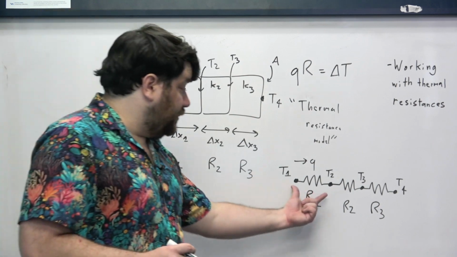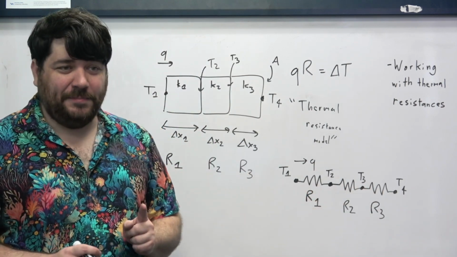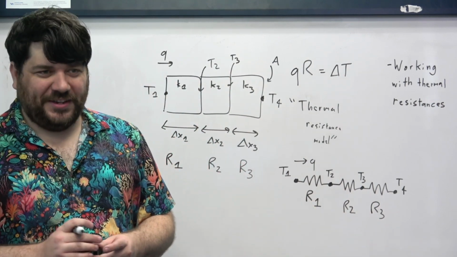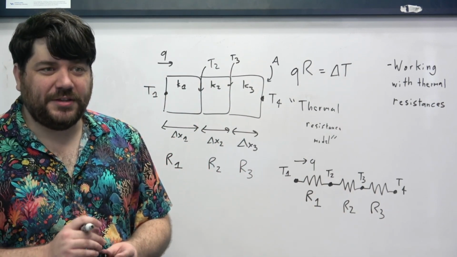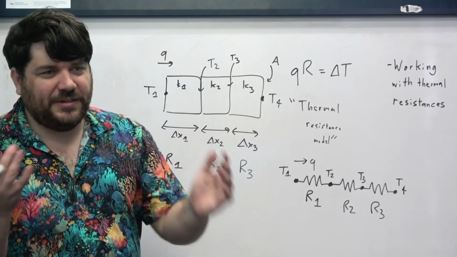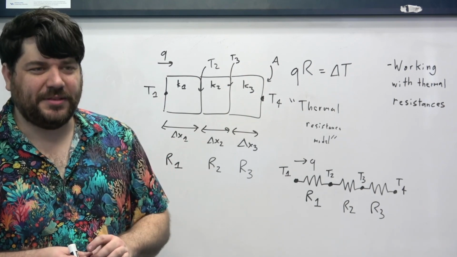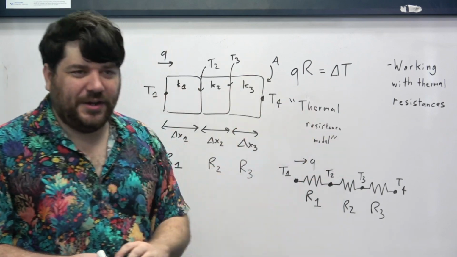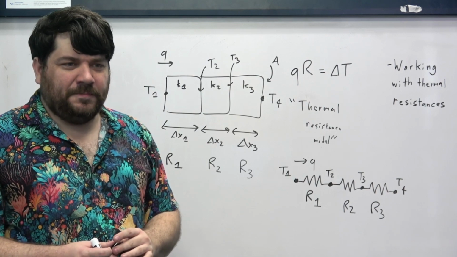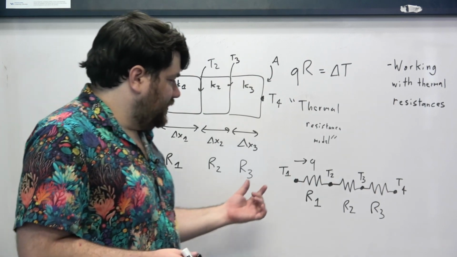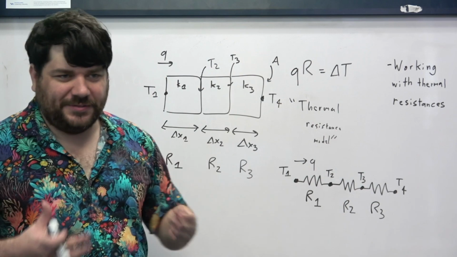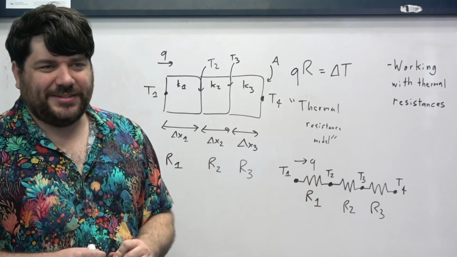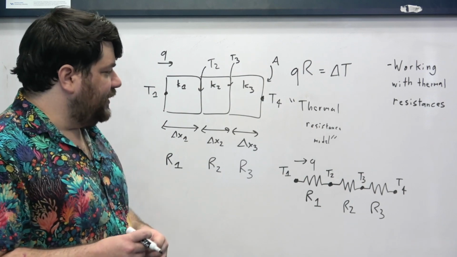All right, so the temperature differences are not necessarily the same, right? Because the thermal resistances are not the same. But the Q always has to be the same. And the reason the Q always has to be the same, in addition to the physical argument that we made before, right? Which is that there's nowhere else for that Q to go, right? So this heat transfer rate being constant occurs in series thermal circuits, right? And this is super useful